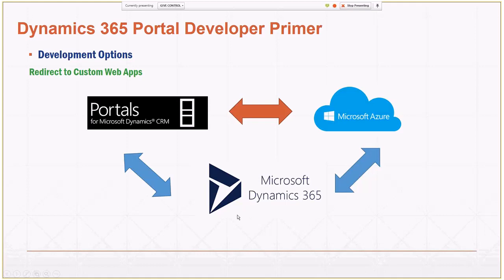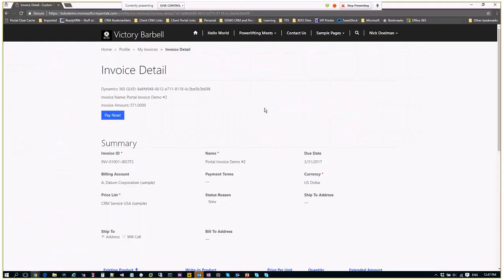So the idea here is, I'm going to show this Pay Now button, and the question that we just saw in the chat window is whether e-commerce is supported in the portal. If you were to ask a Microsoft marketing person, they'd say no, we don't have an e-commerce option in the CRM Online portal, very much like we did in ADX, where we could tie into Authorize.net or PayPal. The portals don't have, let's say, a quote-unquote out-of-the-box mechanism to tie into a payment gateway. Is it possible? Absolutely.